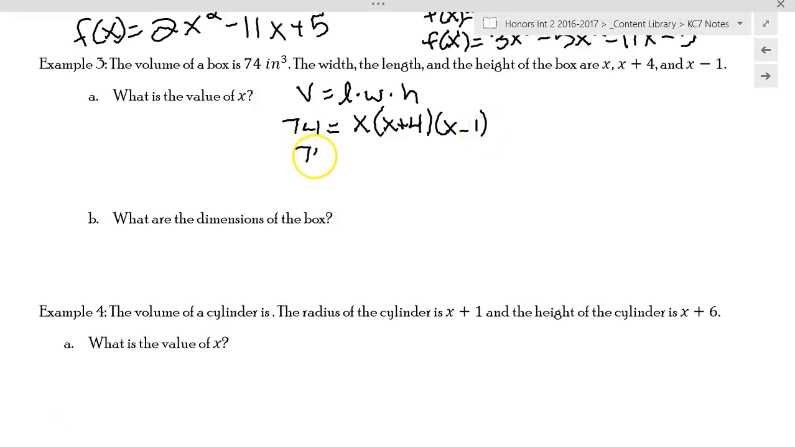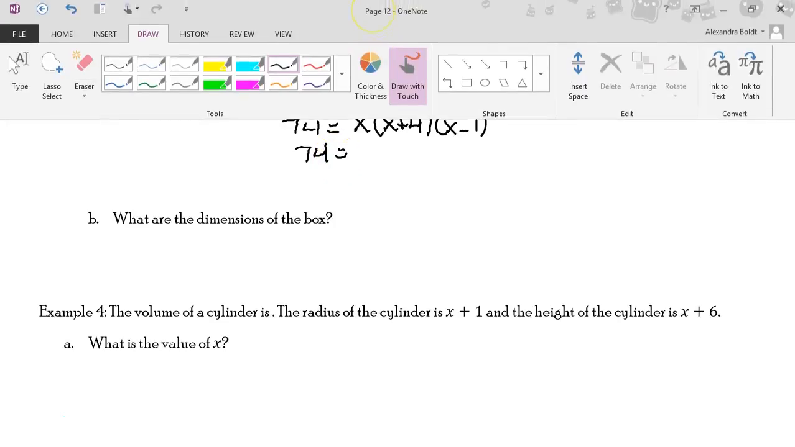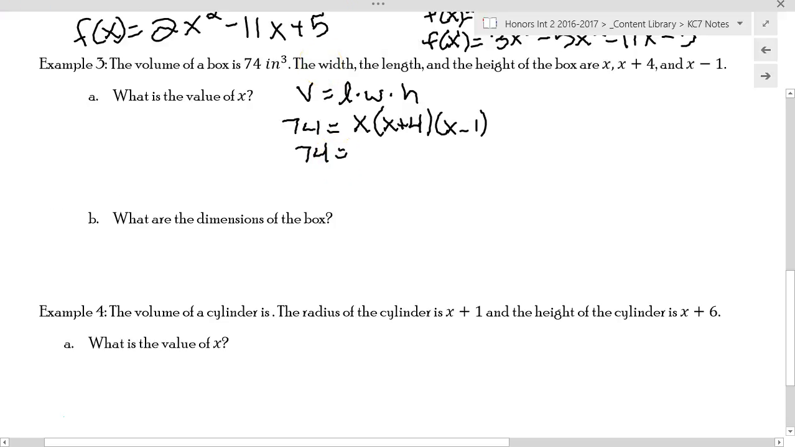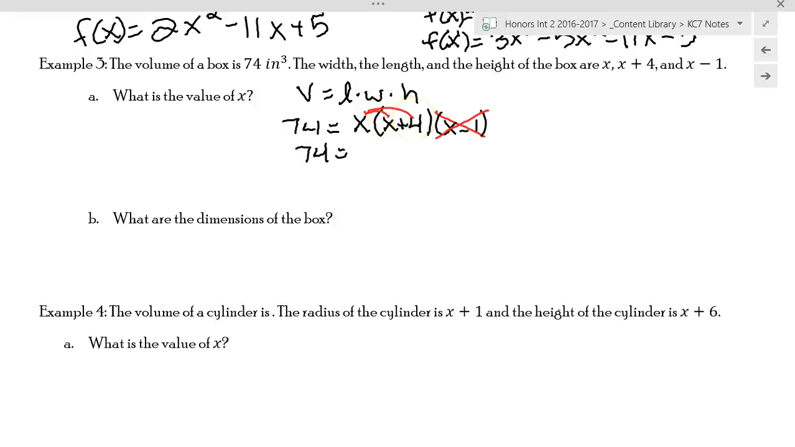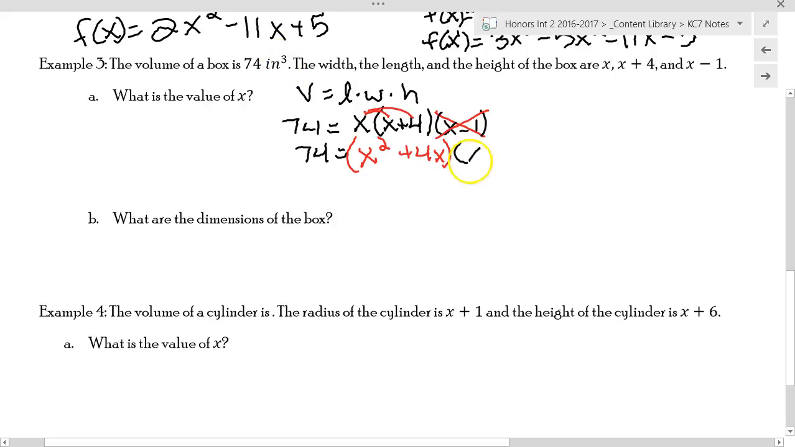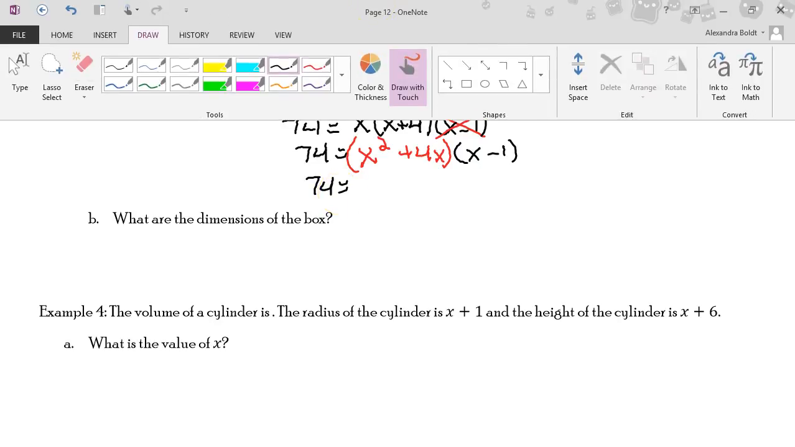I'm going to keep the 74 out here. In order to solve this, again, I'm going to ignore my last one, and I want to just multiply these. So, there's just one thing to distribute, that's nice. X squared plus 4x. Nothing to combine, so then I need to add back in my x minus 1. Keeping the 74 on the outside, I have